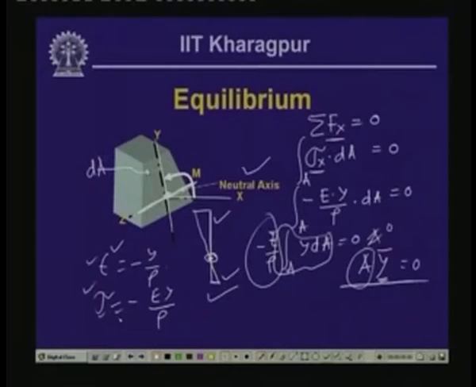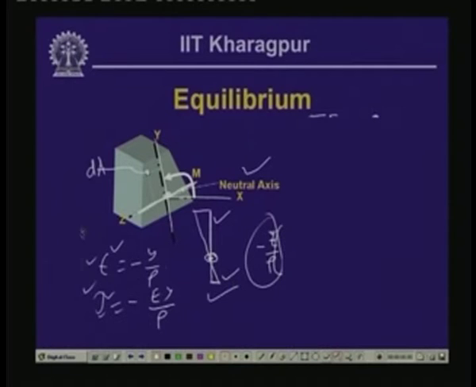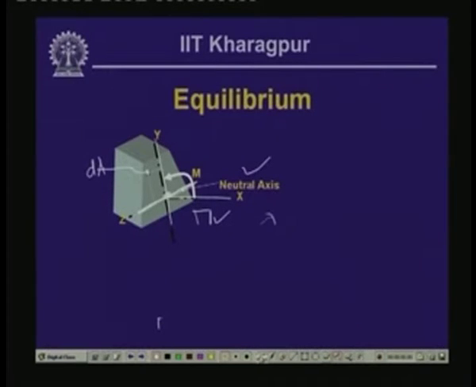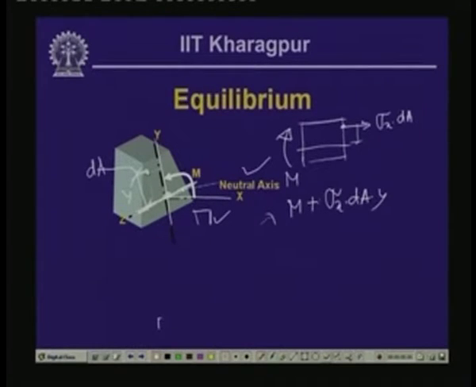Now, let us look into the relationship between the moment and the stress. The other equilibrium equation we can have is the moment equation. If we take the moment of this particular area, this is the beam segment we are assuming, having a moment m here, and here we are considering the force which is sigma x times dA. The moment of this force is sigma x dA times the distance y. If we call this distance y, then